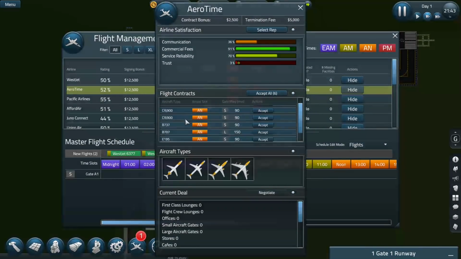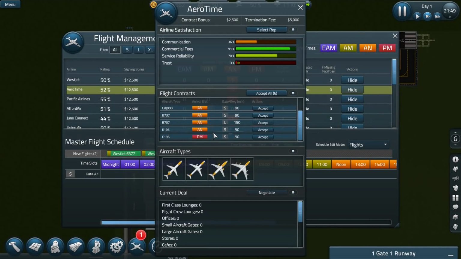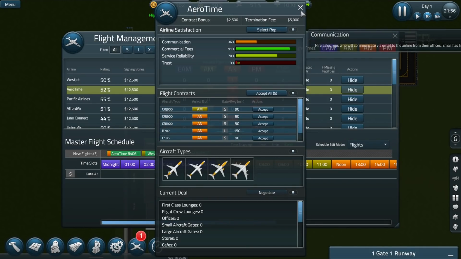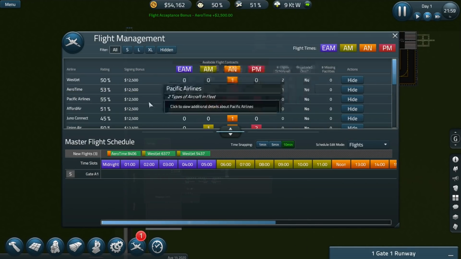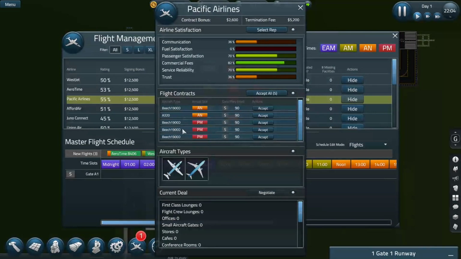CRJ 900s, another 737, 707, Embraer 195, interesting. I'm going to take as many 737s as I can. As a former air traffic controller, 737s are what I would want to be working with. A320, Beech 1900s, those aren't...